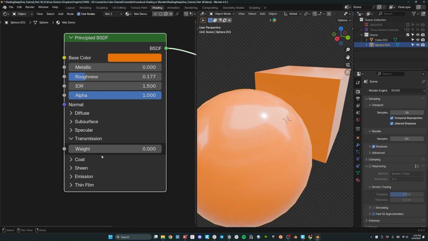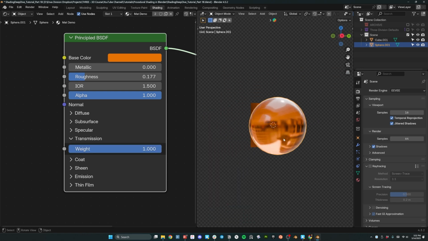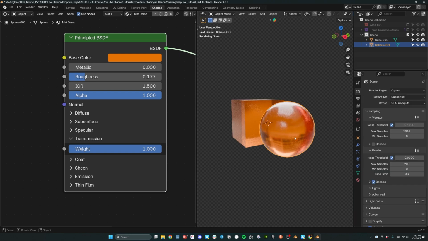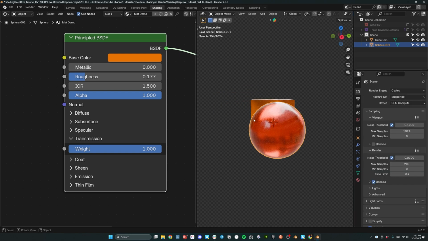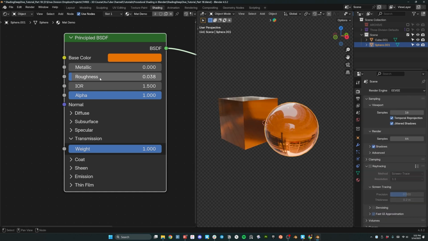Transmission has to do with light passing through an object. If I pop this up, you can see it looks like this object has light passing through it, but this is kind of a fake effect in Eevee. It's not exactly working like you would expect. If we switch to Cycles though, then you would see that it actually is trying to calculate some of these light rays passing through it, and we bump the roughness down and you get something like a glass shader. I'm going to bump back to Eevee though, pull the roughness back up, turn the transmission down,